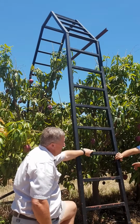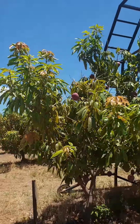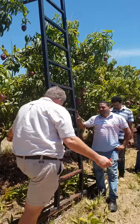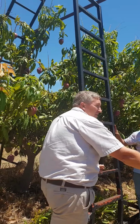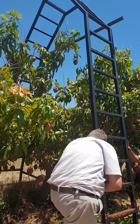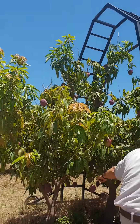You say you change these machines for every space. Yes, it's different. You told us about the height. The height is 50-60%. What about the width? The width, if it's 6 meters apart, for my tractor I want 2 meters, 2 to 2.5 meters. So from the stem to here, it's 6 minus 2 is 4. So I would need 2 meters from the stem to here. So let's say it's 6 meter spacing, from this wheel to that wheel I need at least 3.5